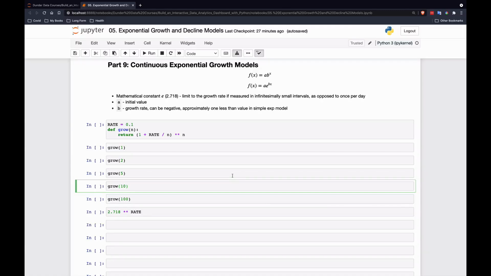Welcome to Part 9, Continuous Exponential Growth Models. We began the chapter by looking at a simple exponential growth model, a times b to the x. In this section, we're going to look at a slightly different formulation, a times e to the b times x,